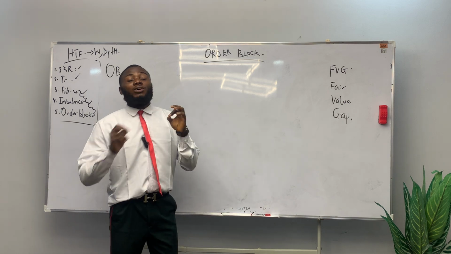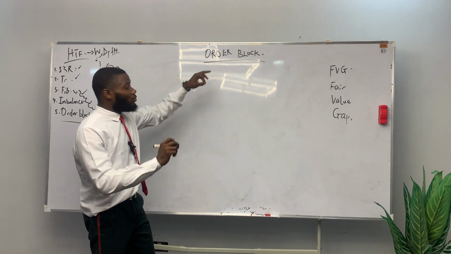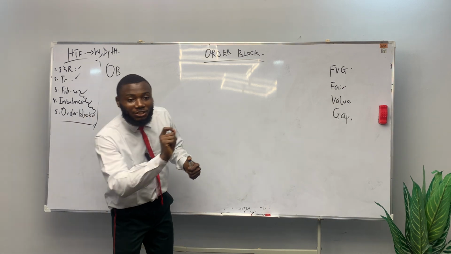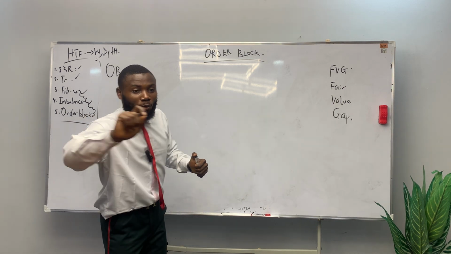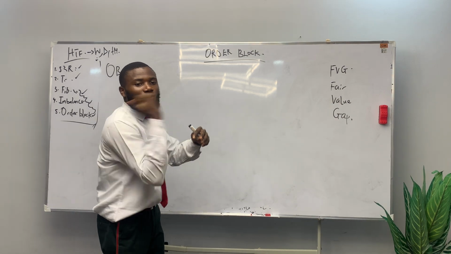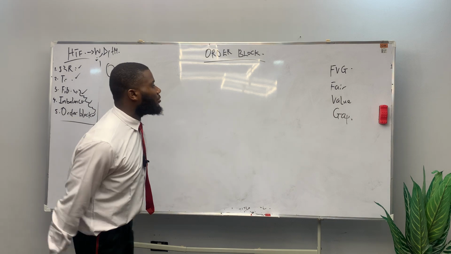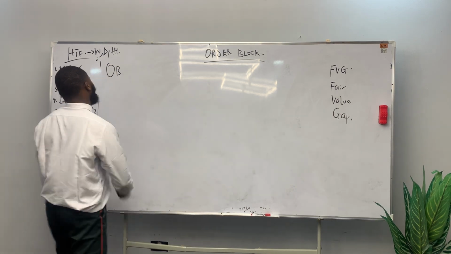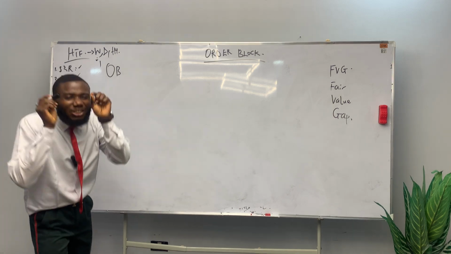So when you see it, you just know what the person is trying to say. Some people will write OB on their chart, some will write FVG, some will write support zone, resistance zone. Once you see it, just know that this is what the person is trying to say. So FVG is the same as what? Imbalance. So OBs are candles